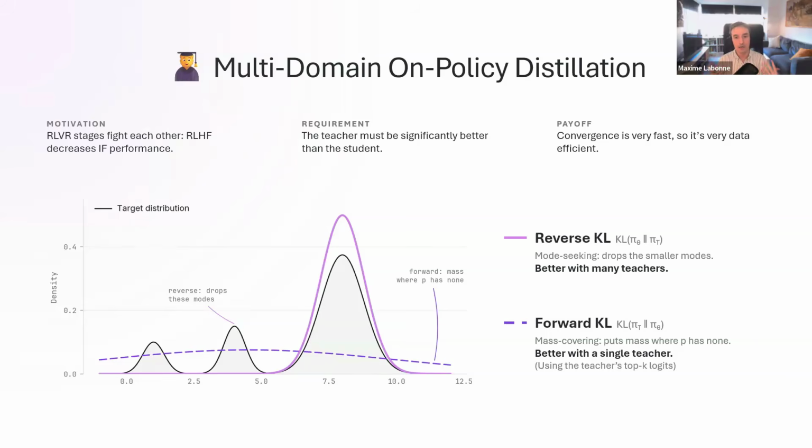So the idea behind MOPD is that with reinforcement learning with verifiable rewards, we have some degradation that happens. For example, if you train the same model on math, you're going to have writing style that deteriorates. Then you try to do reinforcement learning with human feedback, and then instruction following is going to drop. So each stage kind of fights each other. So it's not very nice, and you keep losing and gaining scores across different domains. MOPD is a much cleaner approach that ensures that everything kind of rises together